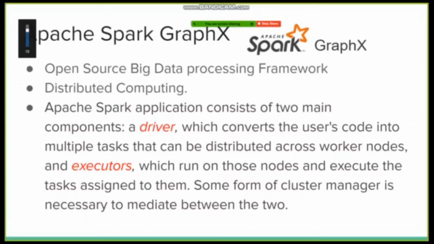So Apache Spark is basically a unified analytics engine for large scale data processing. It provides high level APIs in Java, Scala, and many other languages. In our case, we would be dealing with the language Scala, and GraphX is a component in Spark for graphs and graph parallel computations. We are dealing with distributed computing, that is, multiple computer systems would be working on a single problem. In short, a single problem would be divided into many parts which would be individually solved by different computers. Apache Spark mainly consists of two components, a driver and an executor.